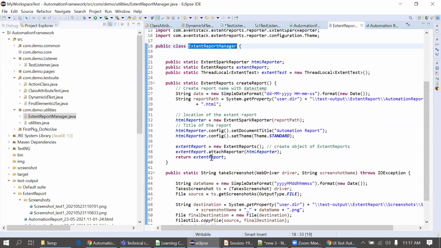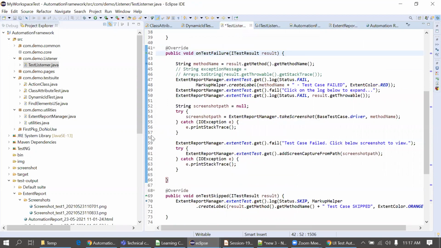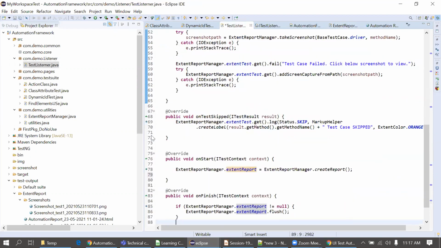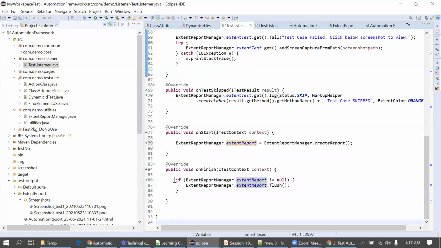Okay, so we will just initialize this variable directly. And I put the condition as Nagendra said, because in some cases we might get some exception, and in that case this will be null. If this is null and we are calling this method, then we will get another exception. To avoid that, we put the condition that this object is not null, and only then should this method get called.